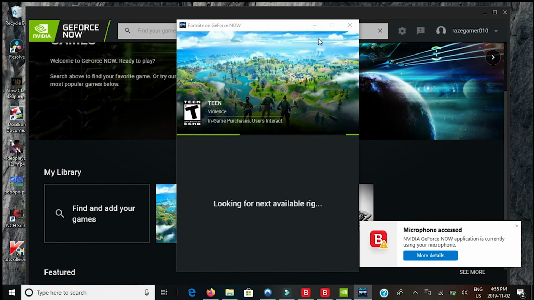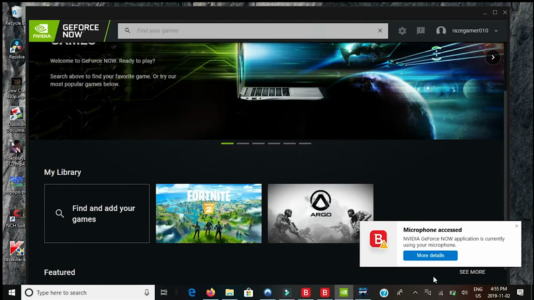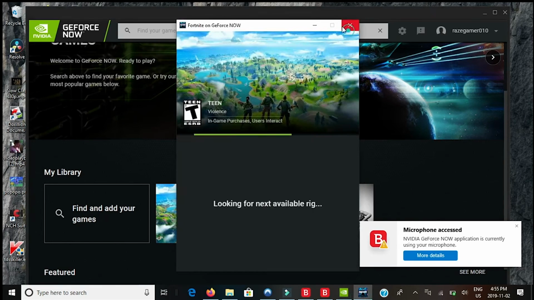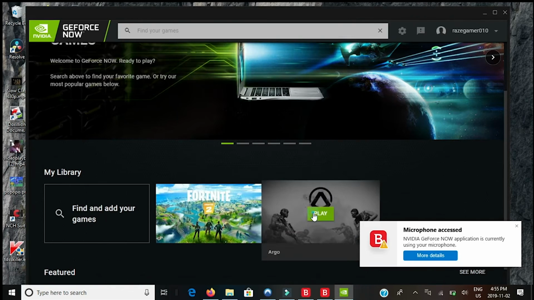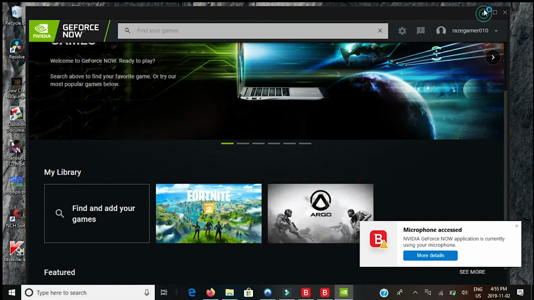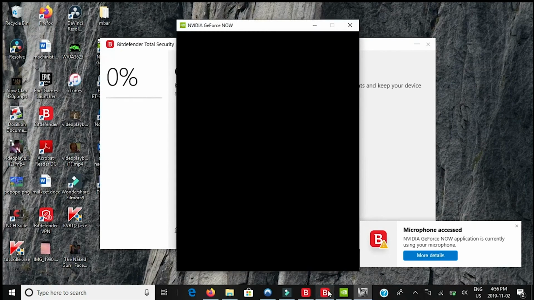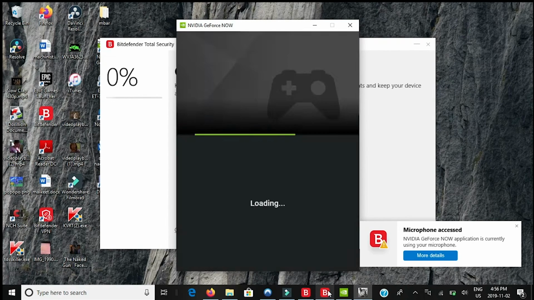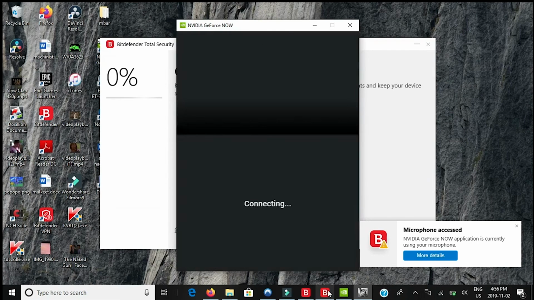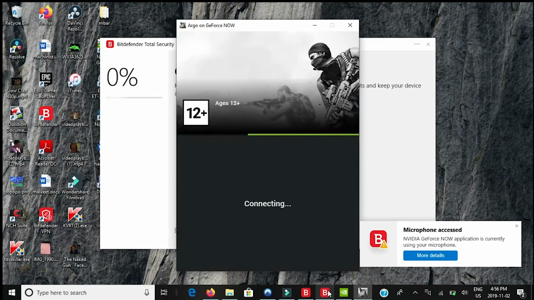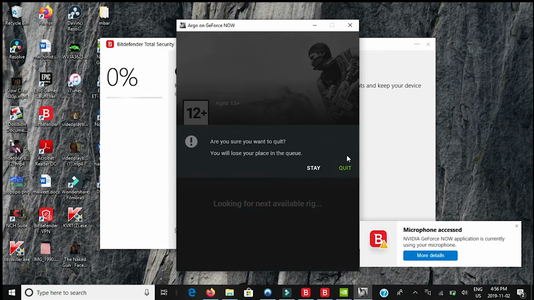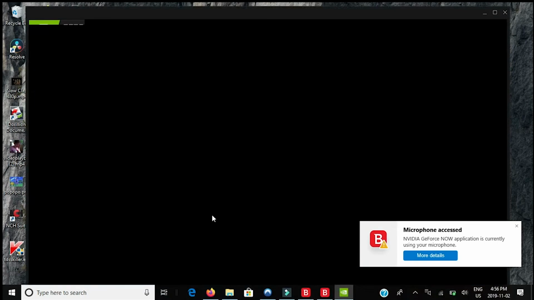Okay, so Fortnite is looking for an available rig. So I'll just try a different game. I'll try Argo for now. I don't really play the game, I just got it, so it's not supposed to take this long, but since I've already updated, it should not take that long, but it's gonna take a decent amount of time. Alright, we'll just show this for now. Oh shoot, all of the games are looking for next available rig. Okay, so I guess now is not really a good time to play, but I'll stay in queue and show you guys that it does indeed work,